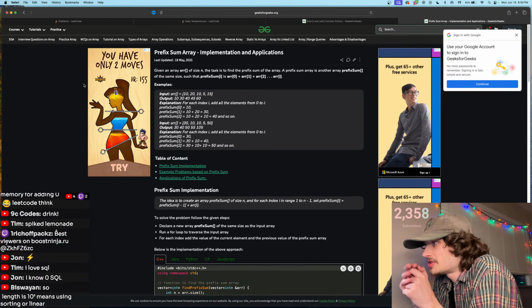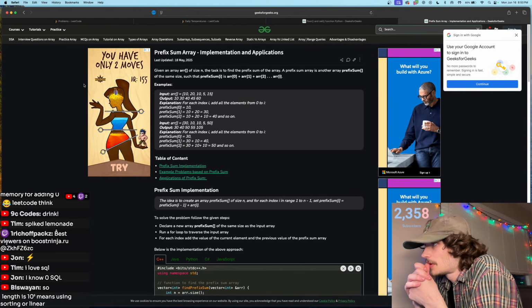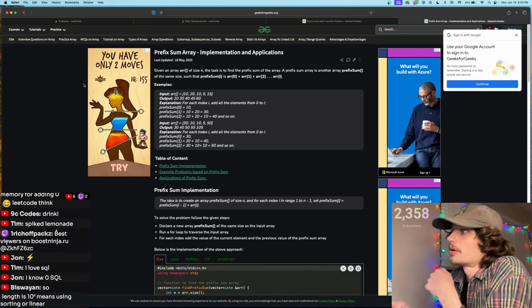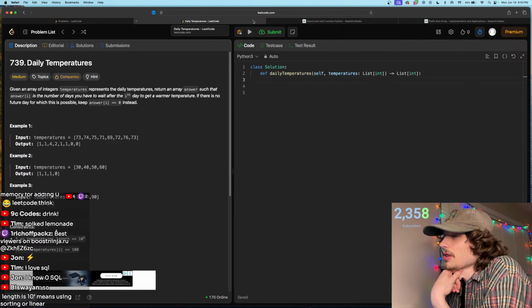Okay, so this just makes an array of equal size and sums as we go. Gotcha. Okay, that's not hard. Okay, so then if we want to apply that here, prefix sum here would be 1, or no, not prefix sum, but